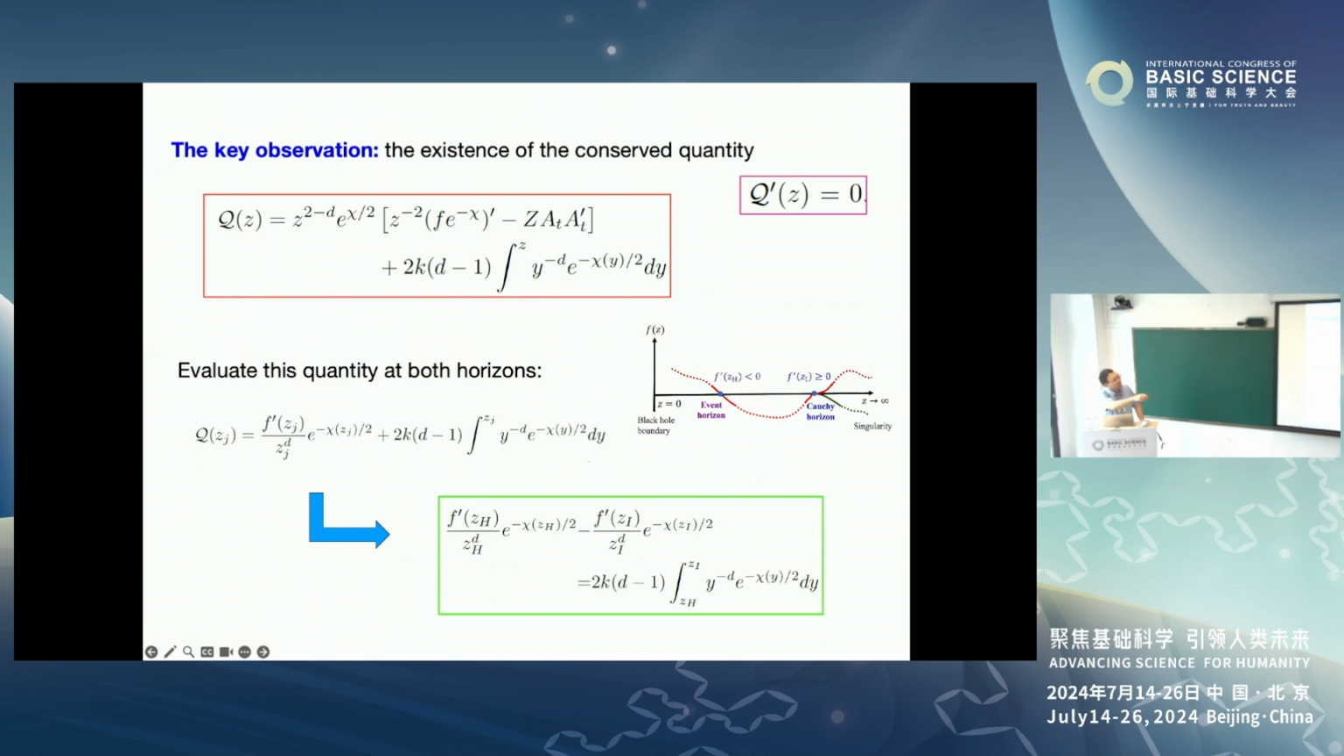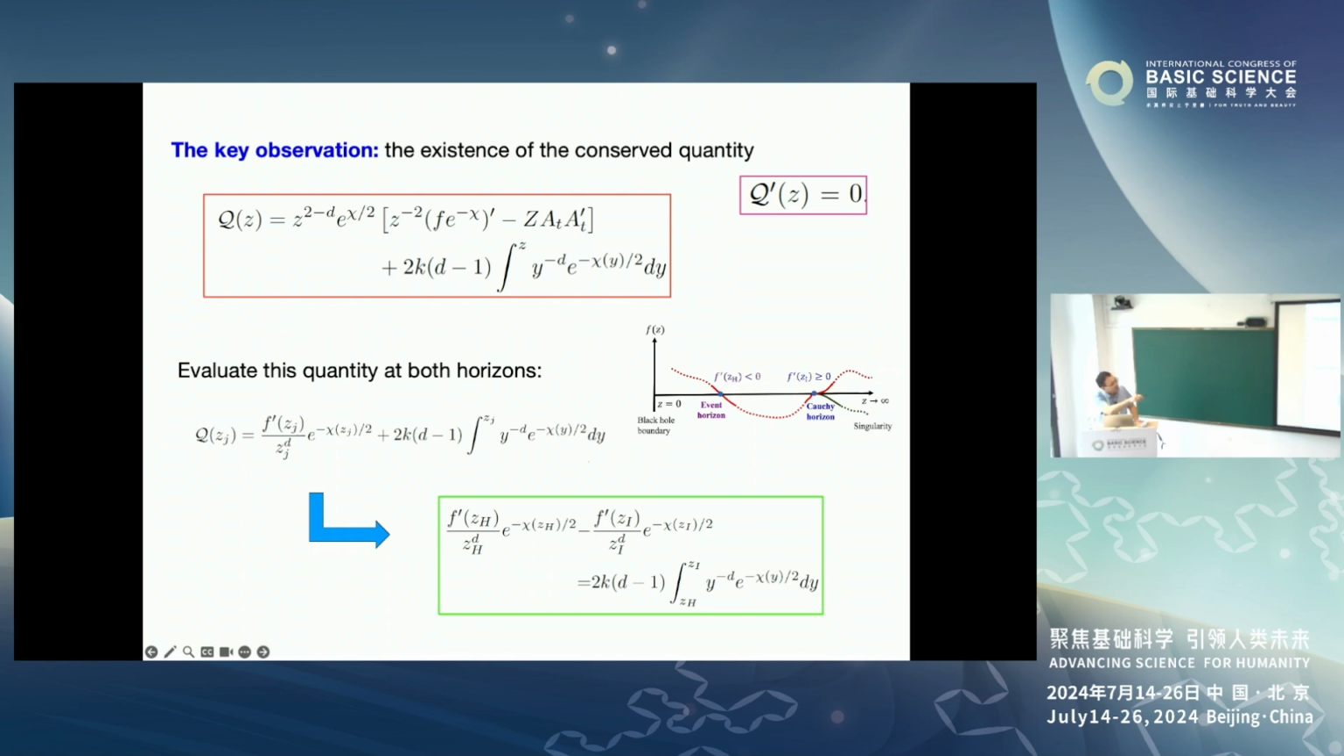And this quantity depends on many fields like the metric, the matter field, the gauge potential, and even this non-local integral. It depends on the topology of the black hole, because k equals 1 is a spherical topology, for k equals 0 this term vanishes, it's the planar case, and k equals minus 1 is a hyperbolic case. So since we have this nice quantity, independent of the radial coordinate,